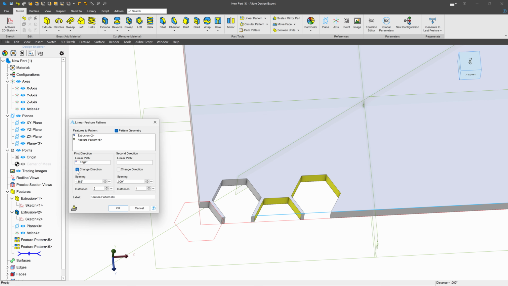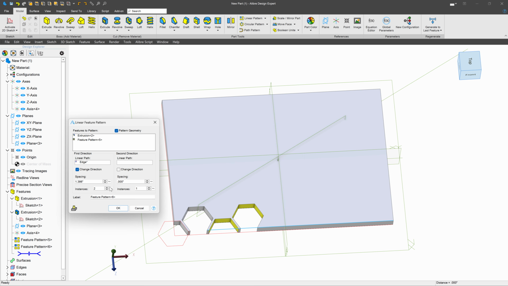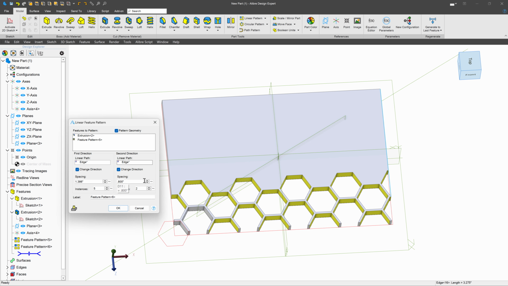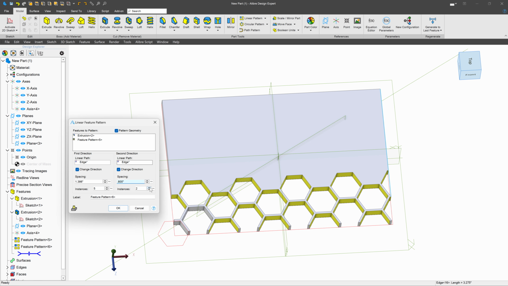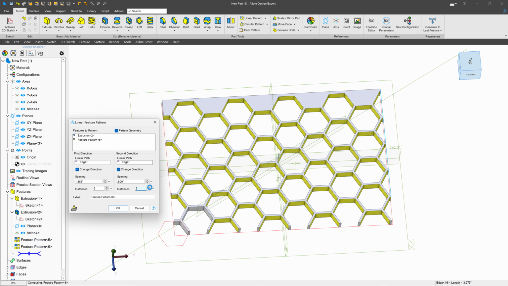I'll change the direction. And as you can tell, every time I click an instance, I get another pattern. But I can do it in not just one direction, but multiple. So I'll select another direction, and I can choose a linear path going up and down here. For my spacing, I'll go with 0.8. And then I can increase my instances and change my direction, and we have a total